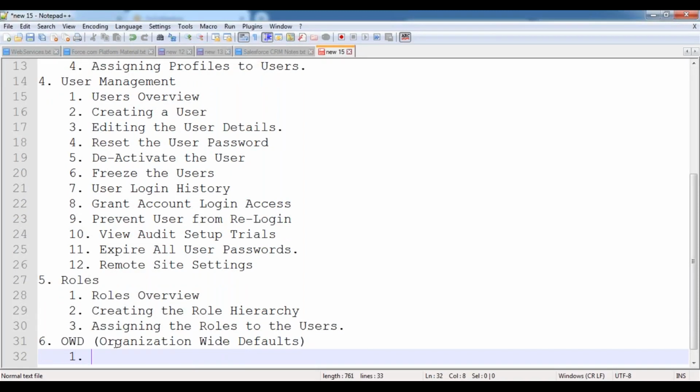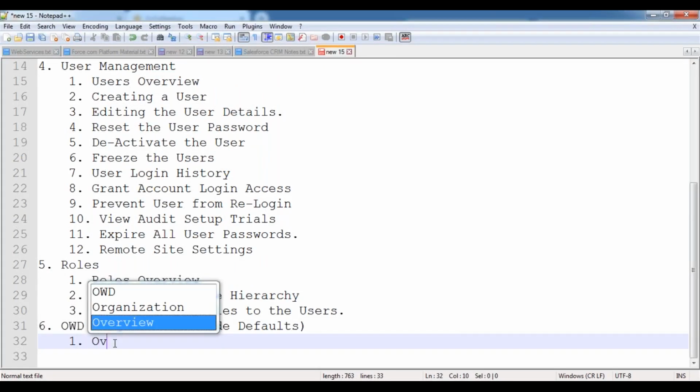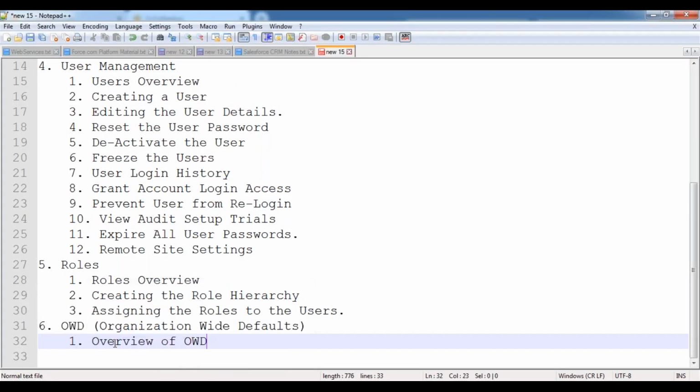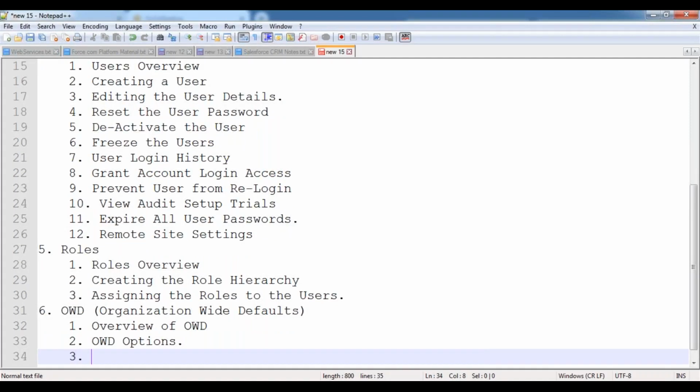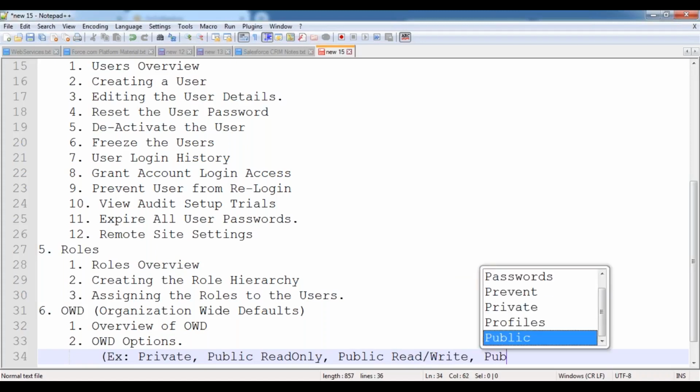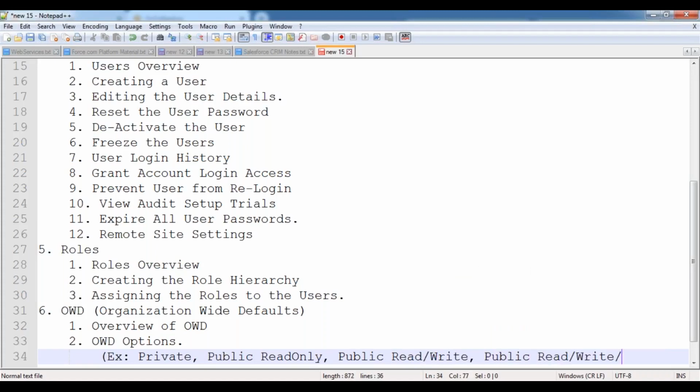As part of this OWD, we are going to be discussing the overview of OWD. And the second one, the OWD options. As part of these OWD options, various options are available, like private, public read-only, public read-write, public read-write transfer,